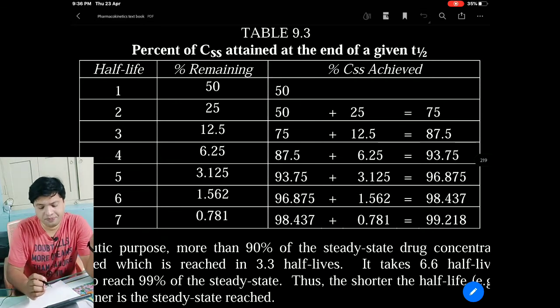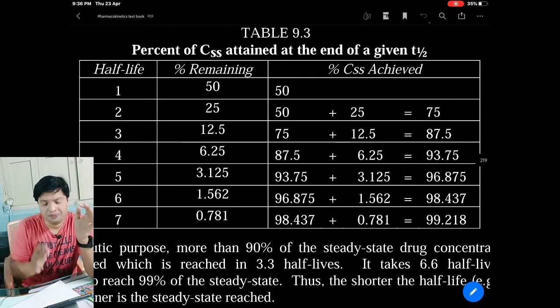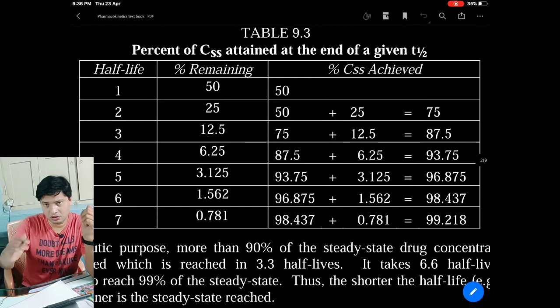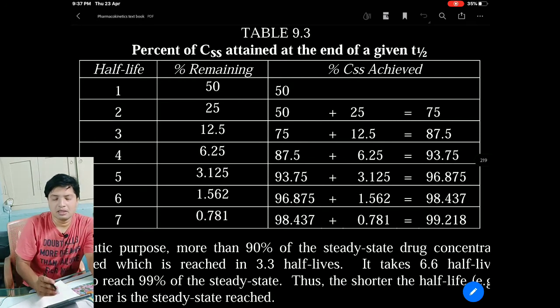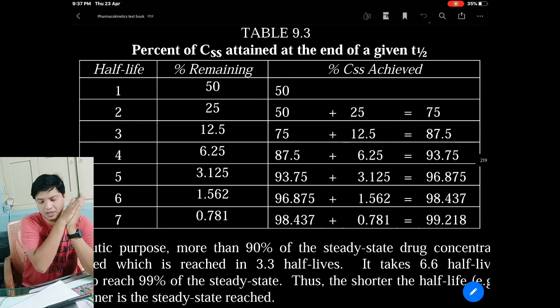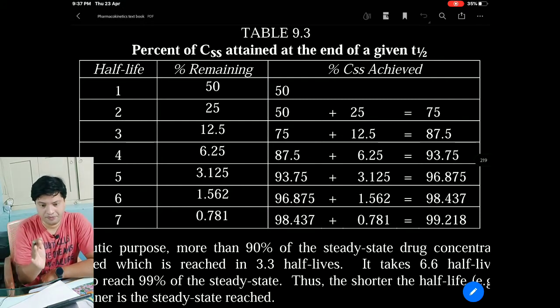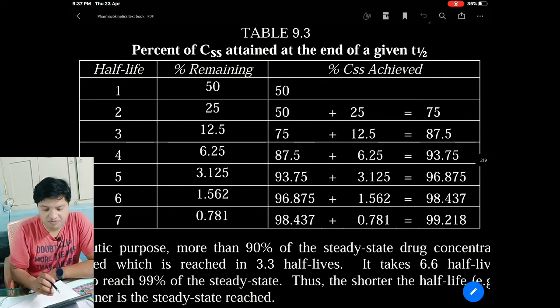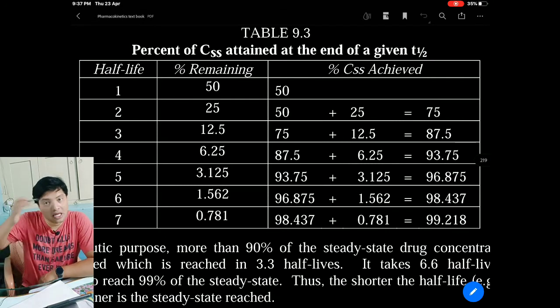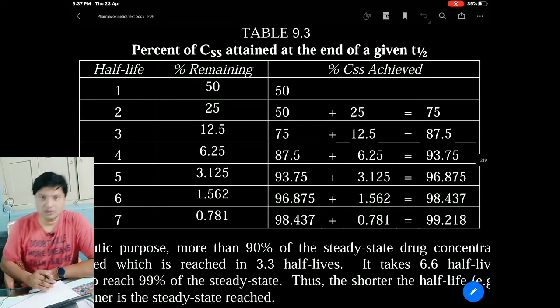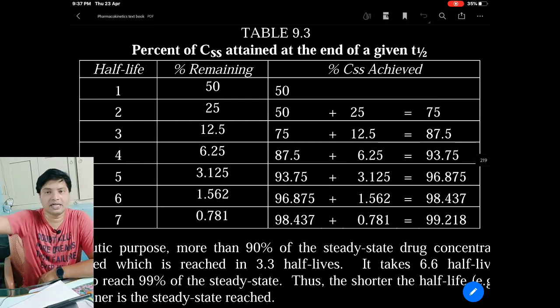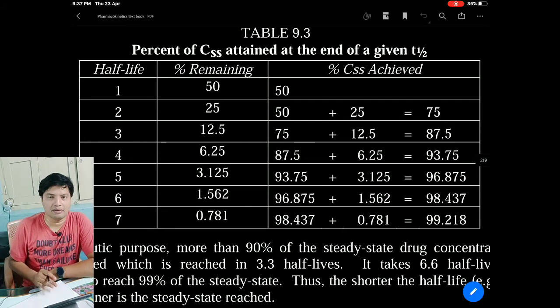After one half-life, in that 100%, half of the drug concentration is being utilized to increase the plasma concentration to achieve steady state concentration, and half of the remaining drug will be there in the plasma. Okay, in the 100%, half of the drug will be remaining in the plasma and the other half is utilized for reaching the steady state concentration. That same amount used for reaching steady state concentration will get degraded. Okay, that's what he is saying.